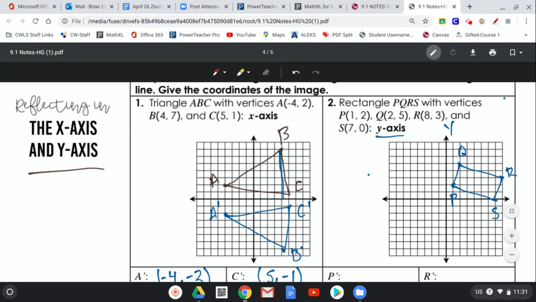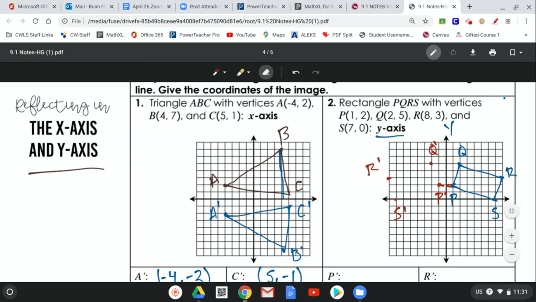You know, like P is 1 unit away, so that means P prime is going to be 1 unit away. All right. Q is 2 units away, so that means Q prime is going to be 2 units away. So 2 units, 2 units, okay? R is going to be 8 units, so R prime is going to be 8 units. And then S is 7 units. S prime is going to be 7 units. All right, so when we do that,